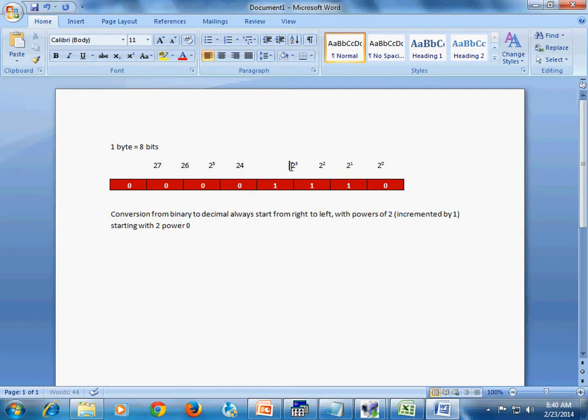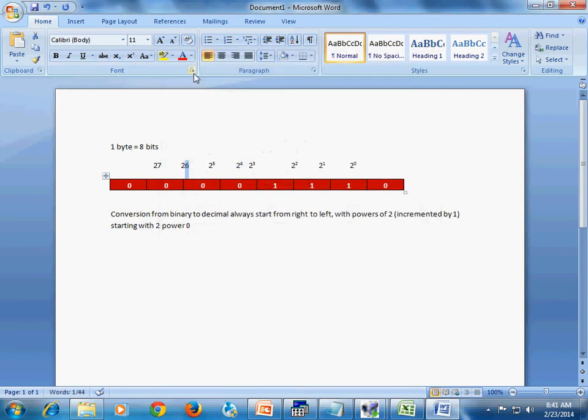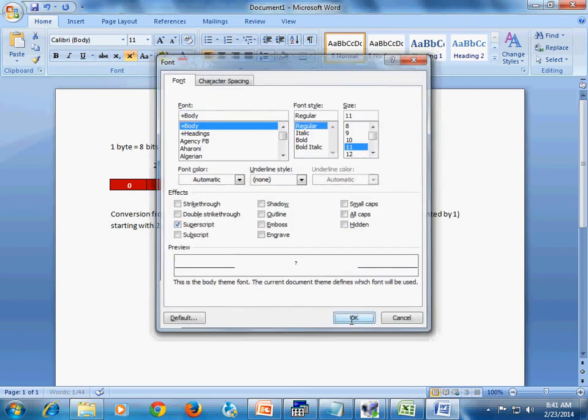So the fourth block is for 2 power 3 and the fifth block is 2 power 4, and similarly we have 2 power 5, 2 power 6, and 2 power 7.